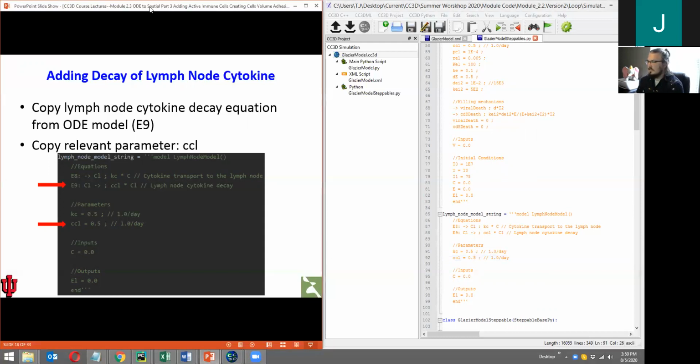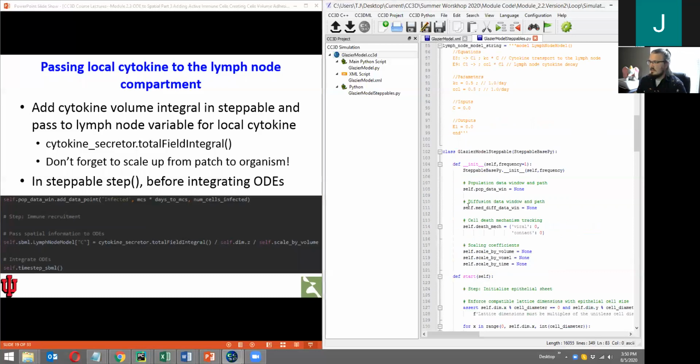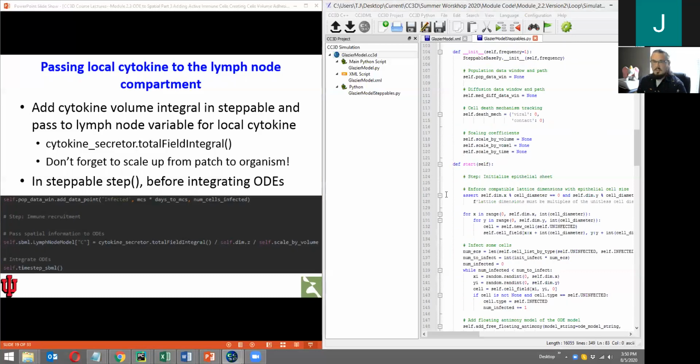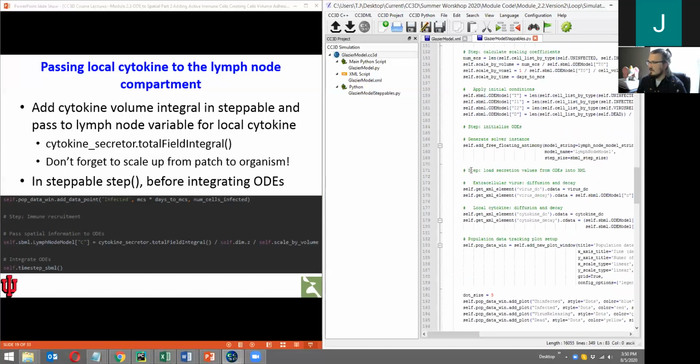Moving on, if everyone's here. Let's do our coupling, passing the information from the spatial domain to the lymph node model. Now let's do this in our code, give everyone a chance to provide some feedback on if they're keeping up. In the meantime, for anyone who is with me,